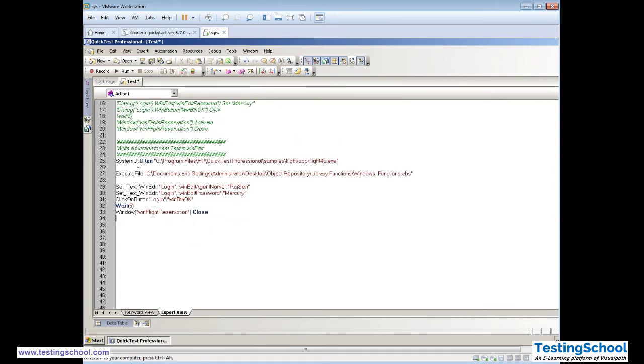It looks pretty good, right? SystemUtil.Run, applications are getting launched, functions are getting associated at runtime. You are just calling the function and passing the parameters. The benefit here is that with the same edit box function, you are calling username and password both. When you write this kind of function, the reusability will be more.